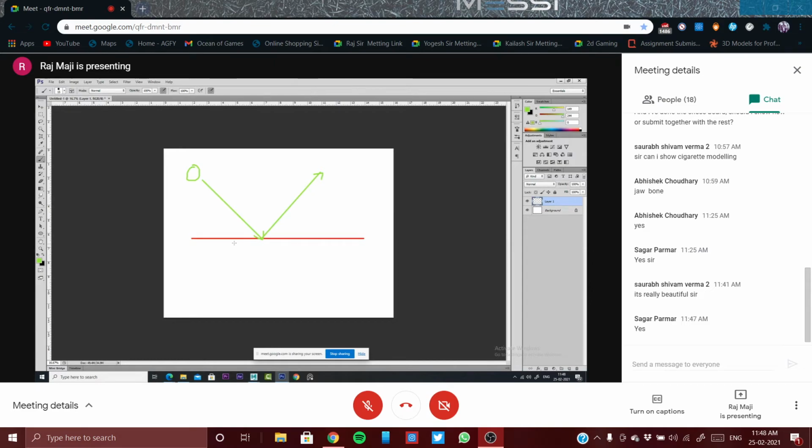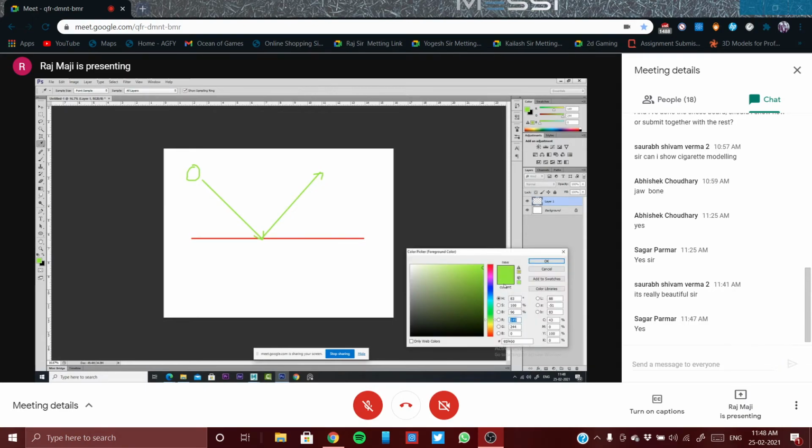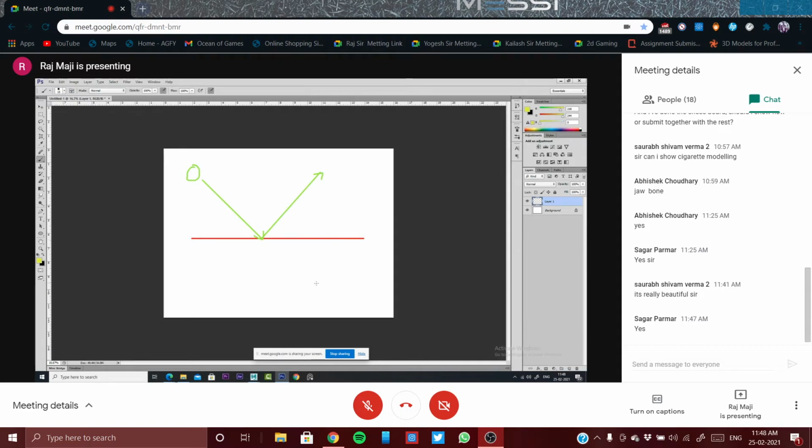Okay. But if it is a transparent object, what should be done? If it is a transparent object, light should go in the same direction because it is a transparent object. But it doesn't happen because of that IOR, index of refraction. What happens?